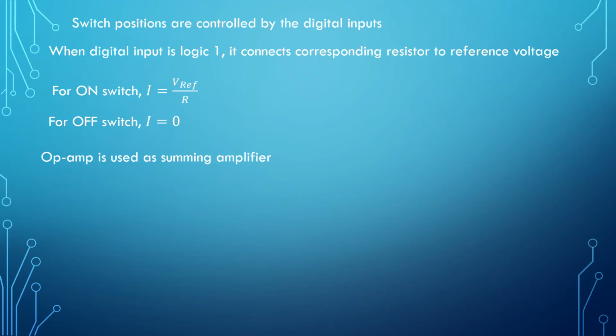The op-amp is used as a summing amplifier. As we know, for a summing amplifier, the total current is equal to I1 plus I2 plus I3 up to the nth current IN. The output voltage is V0 is equal to minus IT into RF. Here the negative sign is mainly because the input is applied to the inverting terminal, and for that reason the output will be the inverted version. In the previous video lecture, I have not considered the negative sign, but in this case we are more precise with the general case. V0 is equal to minus IT into RF.